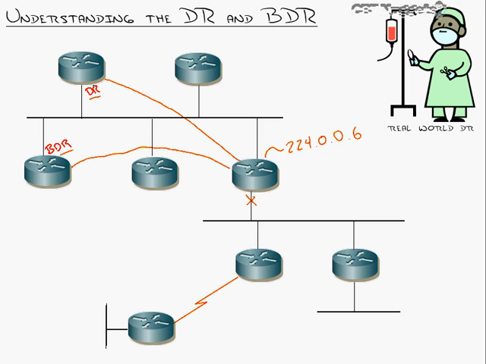Now, the DR will receive the update and figure out what that means for the whole network segment. So it says, okay, what does this mean? This network went down. Let's see if there's a backup path. Let's remove it from the topology table. And then it will send the update out to all its neighbors. So the DR shoots an update to everybody using the multicast address